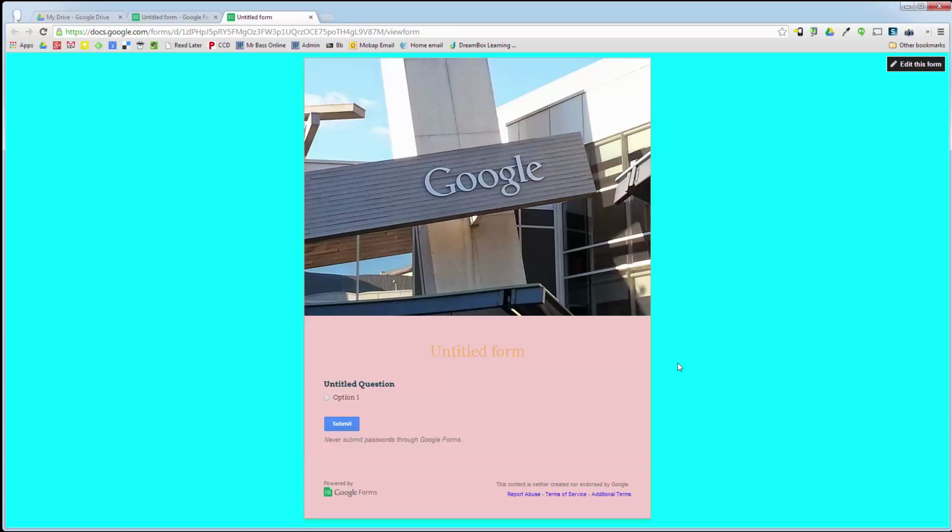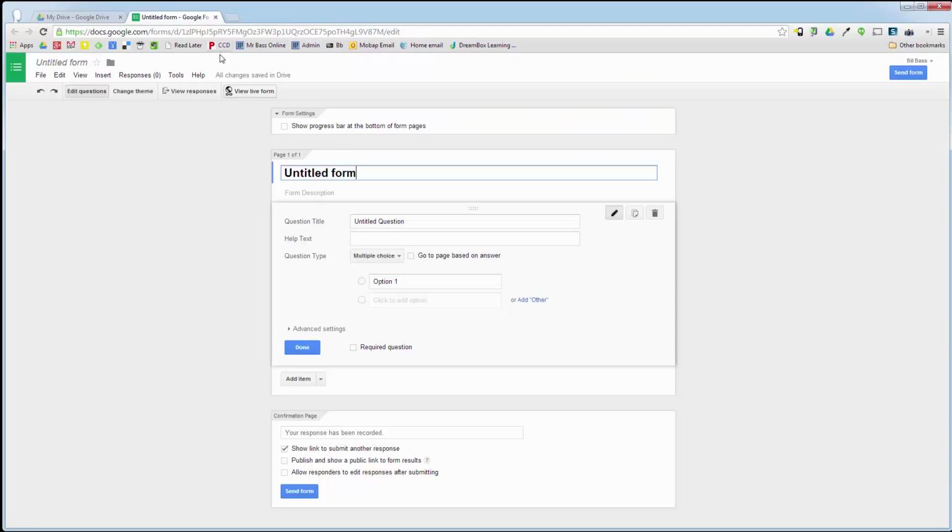So this is brand new in Google. Now what I've noticed, it is not activated on my apps account yet. This is just my regular Google account. So I know that that will be coming at some point, but I just want you to know that as of today, it is not active inside of the apps domain, at least inside of our apps domain in my school district. So it all just depends on what you're looking for, but the ability to change themes